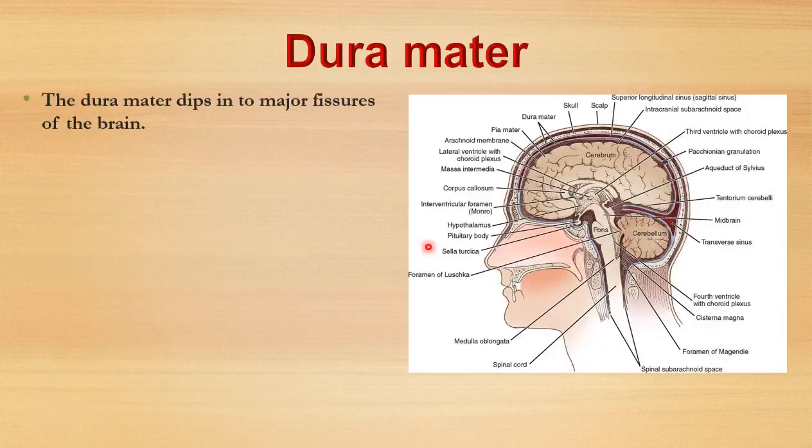Now, the dura mater, the main function, as I told you, is a protective covering. It is made up of collagen fibers, and osteoblasts are also seen in it. Even though blood vessels are seen on the dura mater, on top of it mainly you have the middle meningeal artery, which supplies the greater part of the dura mater. It is less vascular because, as I told you, it is made up of collagen